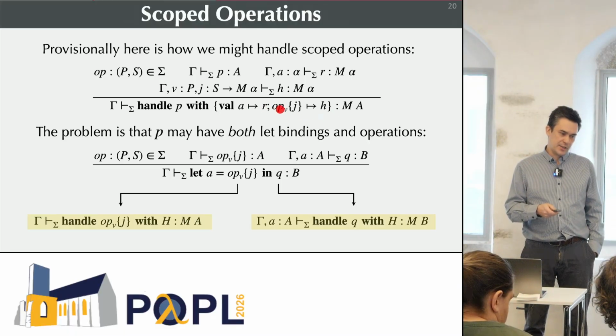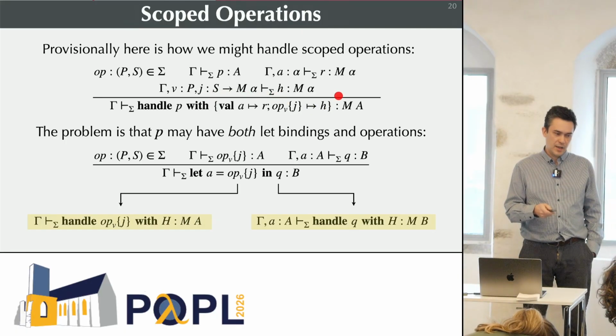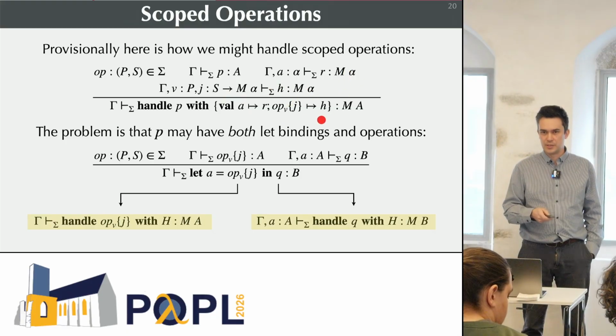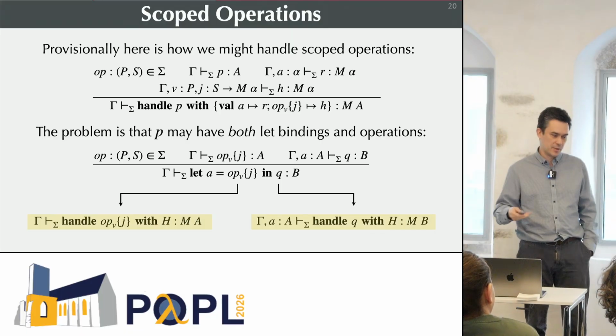Ultimately, you can see that we have this handler H, which deals with the continuation explicitly here. There's something to do with polymorphism going on here, which deals with the fact that you could have nested scopes, and you don't quite know how nested you are. You need to deal with those differently.